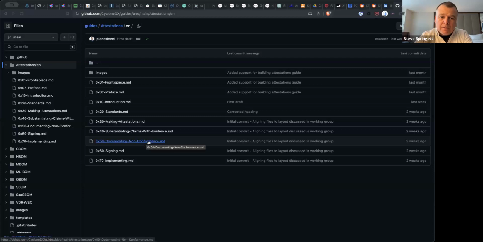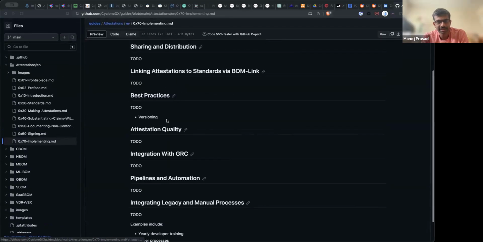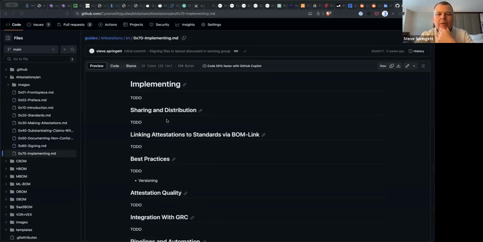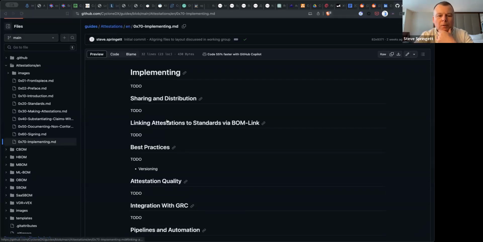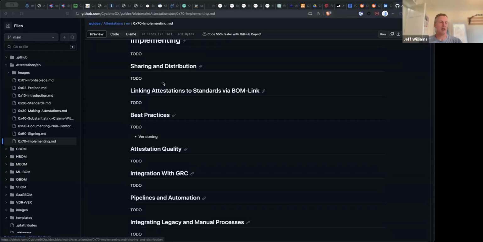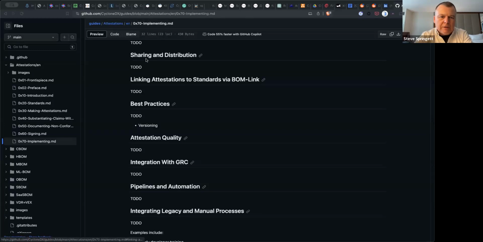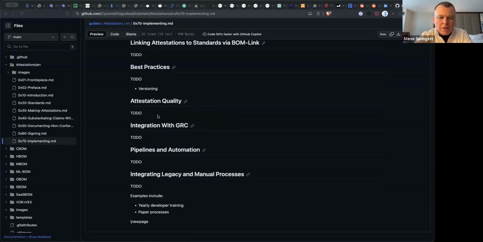Documenting non-conformance, if anybody's interested in taking that on. Manoj, if you're interested in signing, that would be great. I'll take the signing and I'll start from there. And yeah, this one might take a little bit, the implementing. Is this for...? Oh, this is like adding to your pipeline and whatnot. I mean, yeah, you had the pipeline example in here, but we had sharing and distribution, best practices, quality, a bunch of other stuff. So,